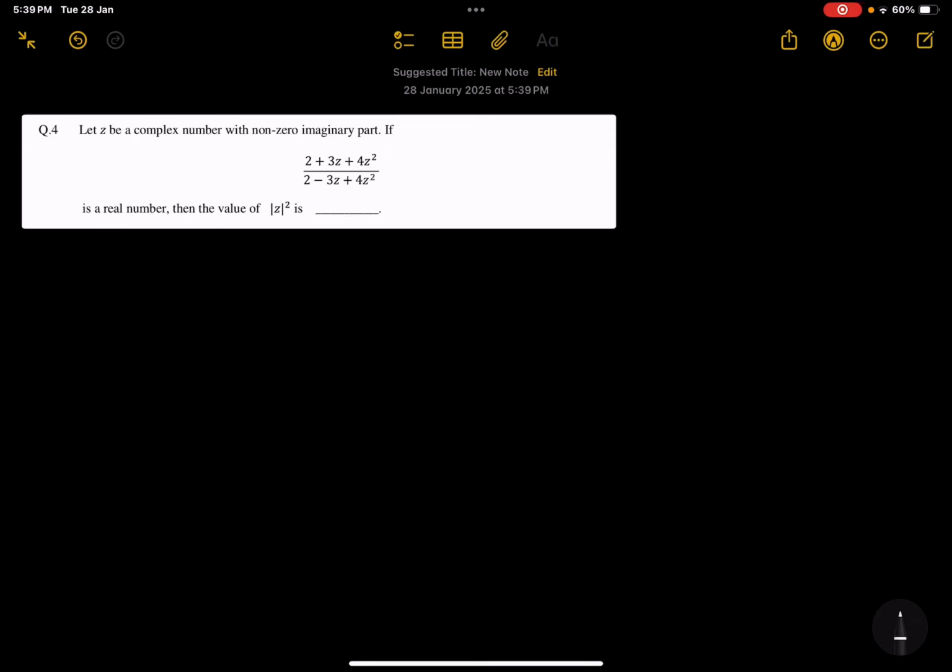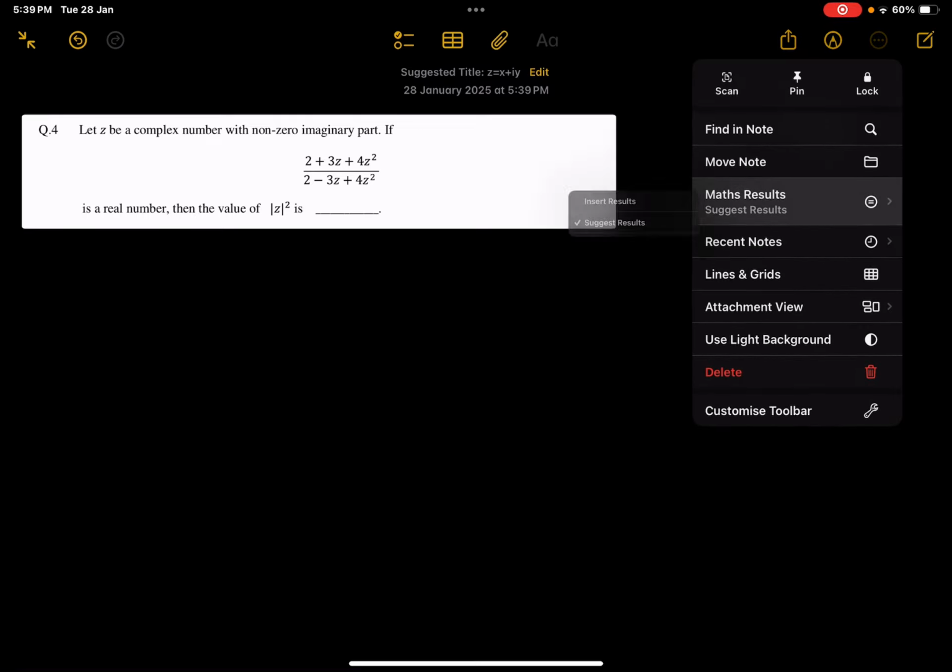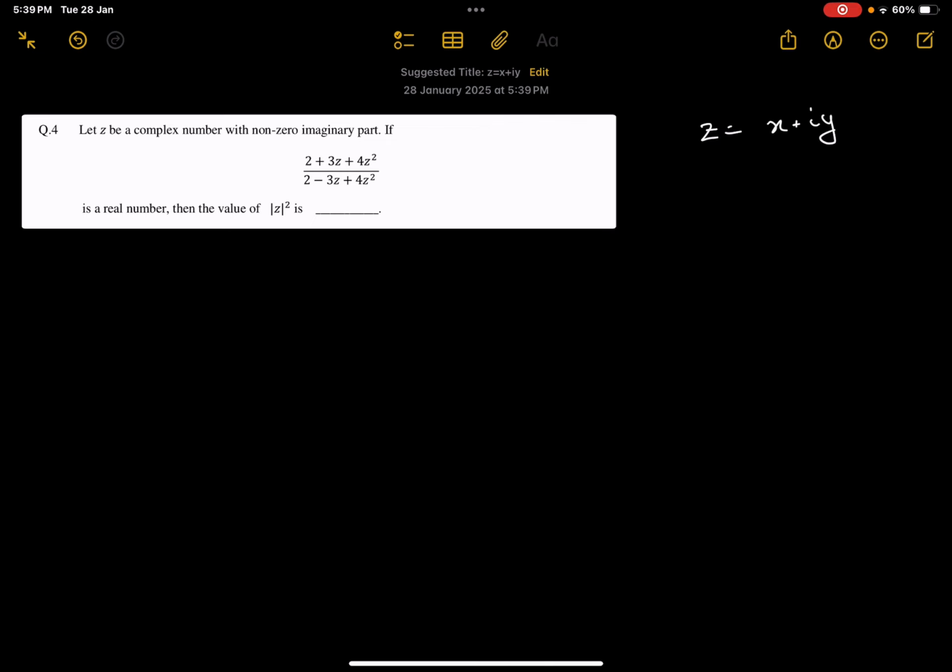In my JEE days, I used to simply do this for most complex number equations, but I don't think it is the best approach most of the time. So what we'll do here is multiply both the numerator and denominator by the conjugate of z, which gives us,